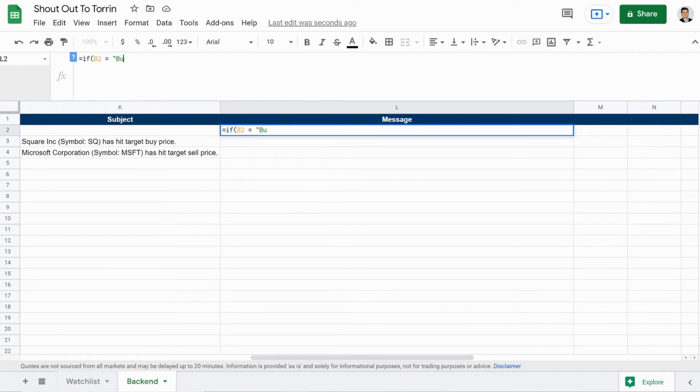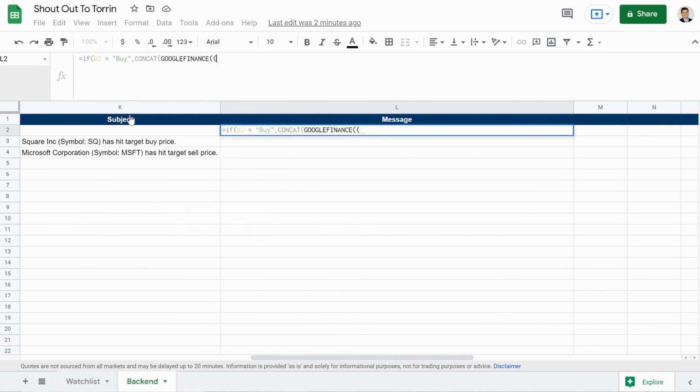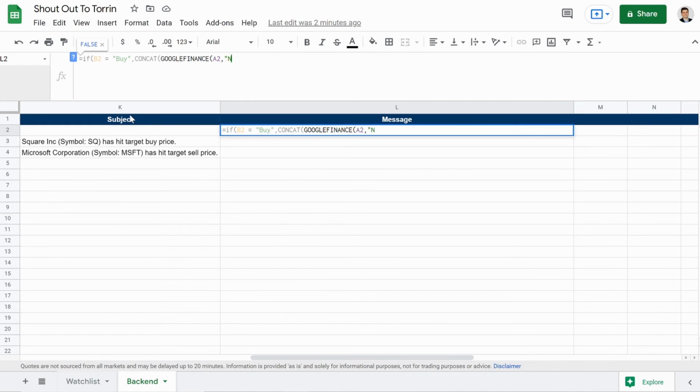equals "buy", comma, CONCAT. So CONCAT, GOOGLEFINANCE, A2. Make sure you don't have that extra parenthesis, that's my problem, I'll hit that by accident. A2, comma, "name", close that, comma. You can see it's very similar to the other one. After this comma, do quotation, then we want this to be symbol, colon, space, quotation, and A2, and, close quotations, close parentheses,